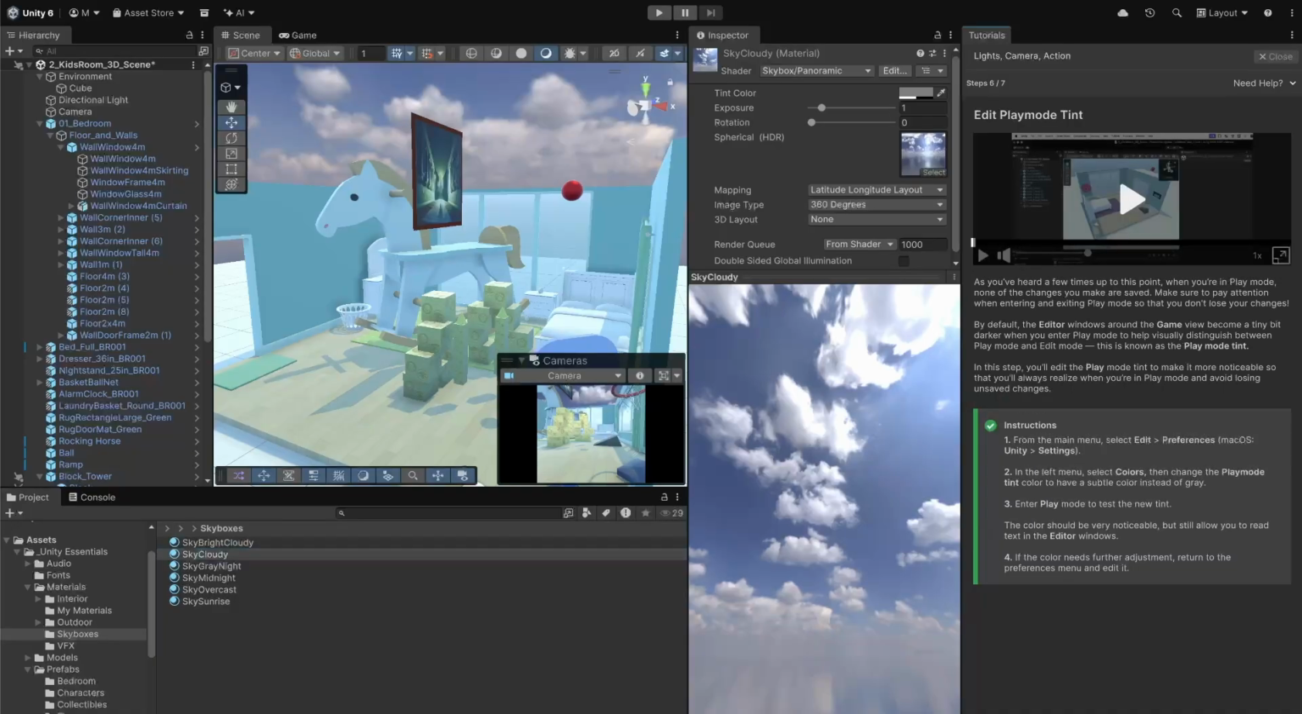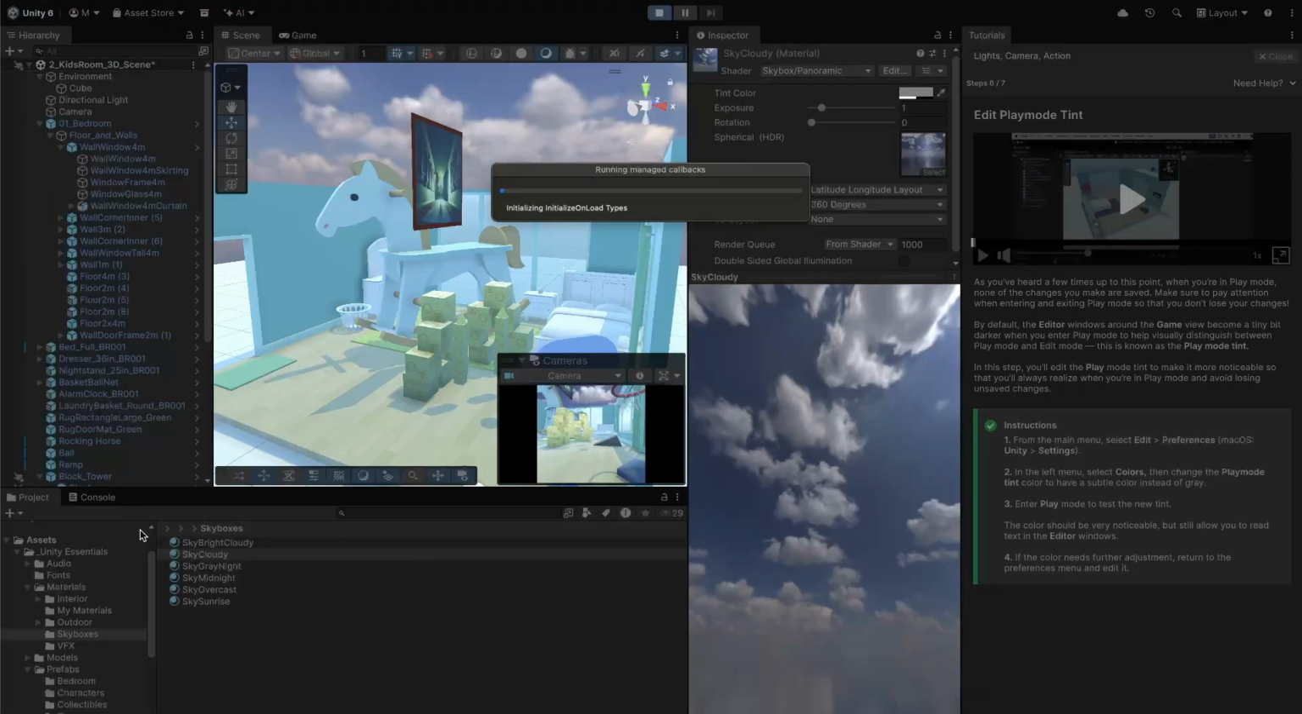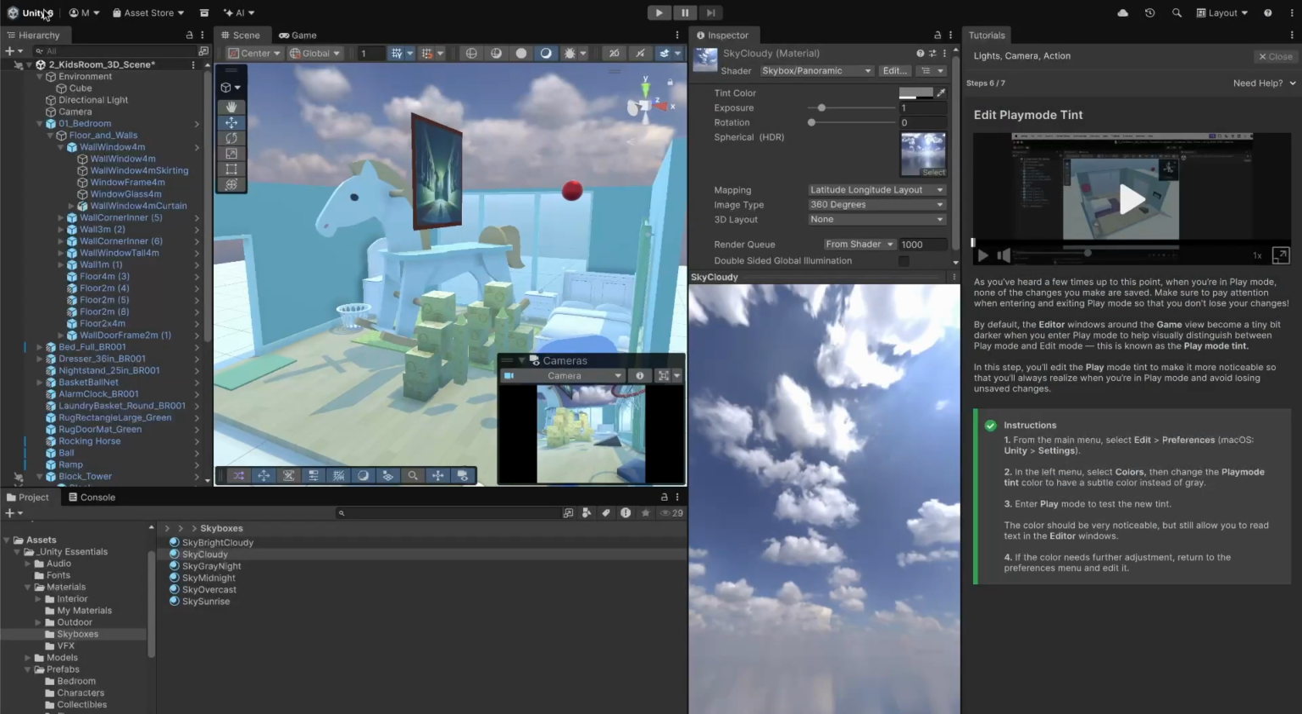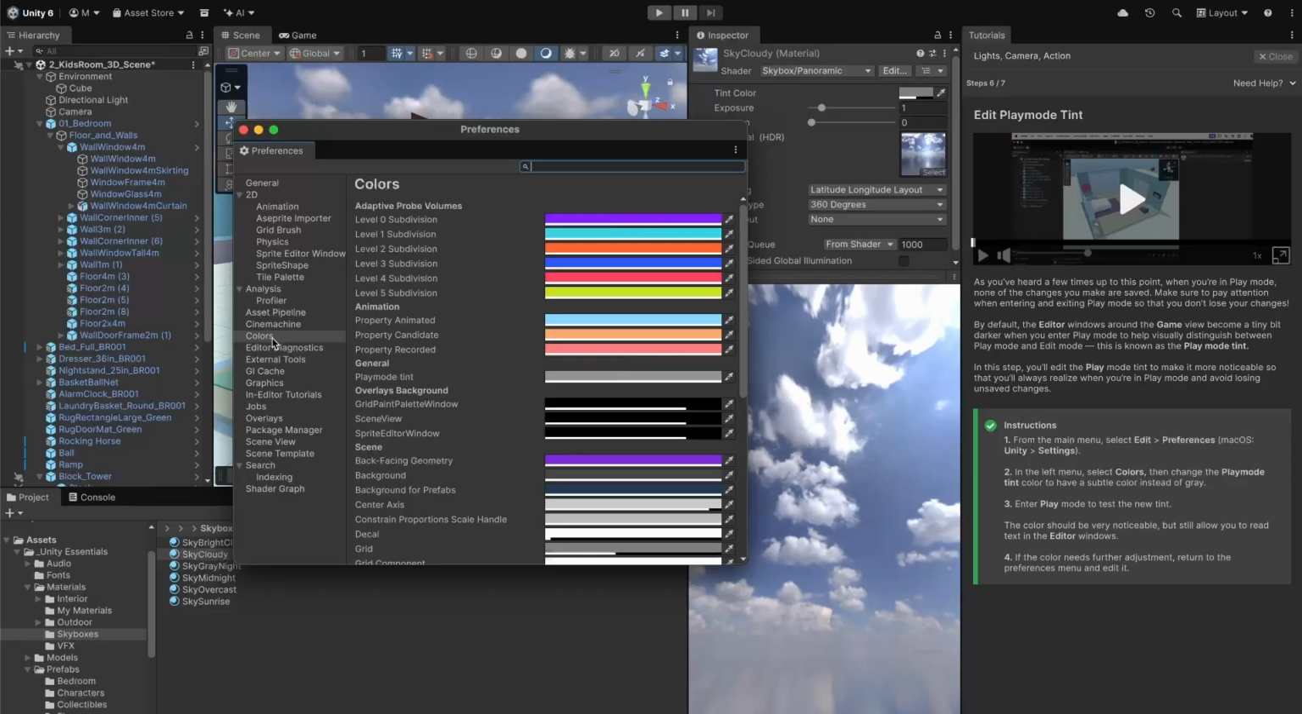Next, what do we got? Edit the skybox. Edit play mode tint. Yeah, so when you go into play mode, you can see that it darkens everything else, right? And to do that, you go to Unity Settings, and you go to Colors, and it's right under General, Play